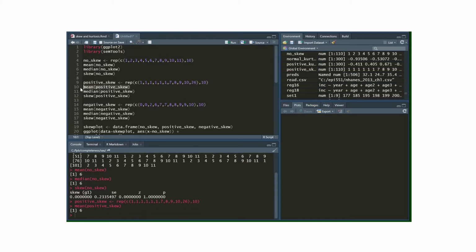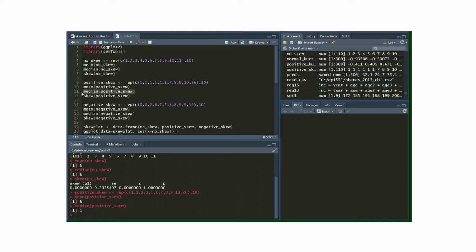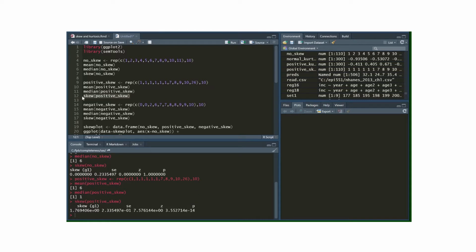If we look at the mean, we see that it is 6, just like before. But this time the median is only 1. So half the values are below 1, half the values are above 1. So the difference between the mean and the median is high. And so we should expect there to be some positive skew here. And in fact there is. And the skew is